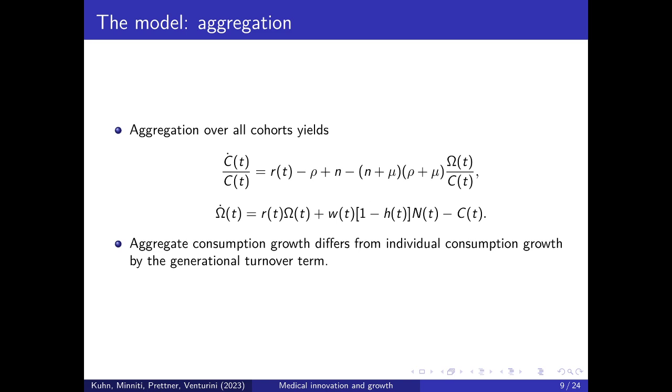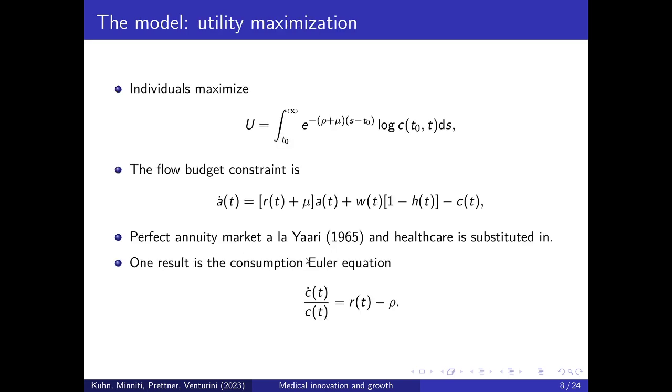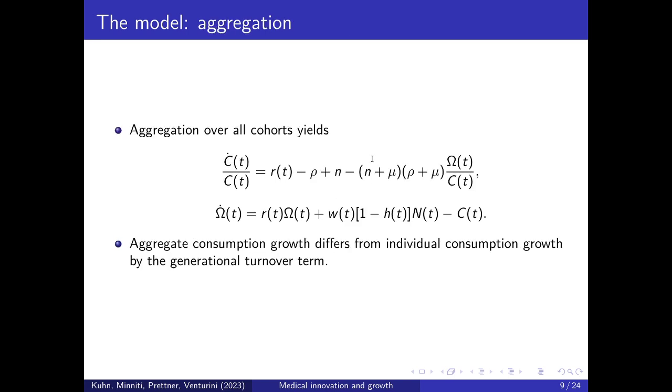but not in the individual Euler equation. With respect to the aggregate asset accumulation equation, the only thing that changes actually from the individual equation is that the mu integrates out because the life insurance company only redistributes wealth between cohorts, but it does not generate wealth itself. And of course, here we multiply with the total population size, the income level.